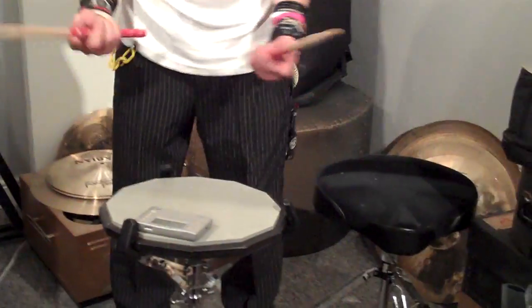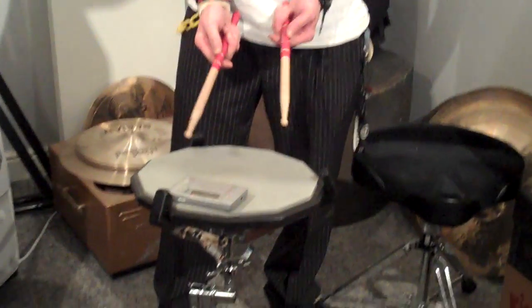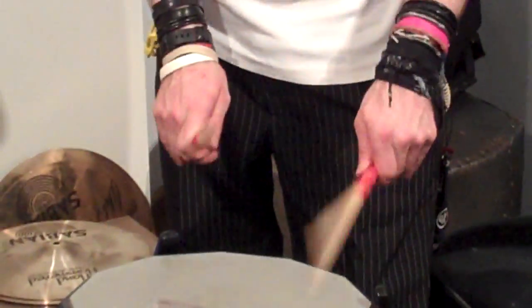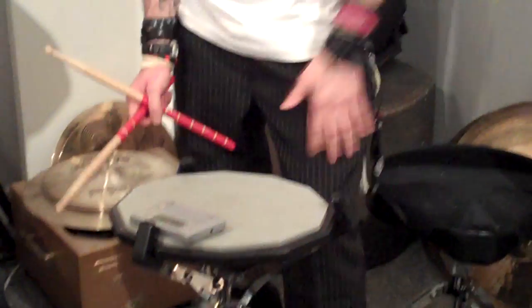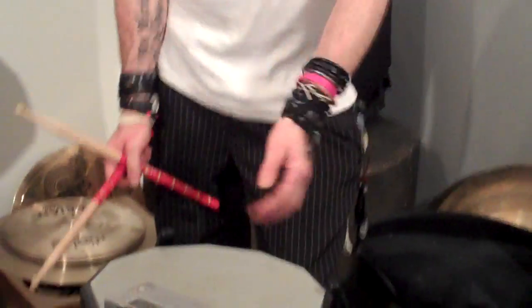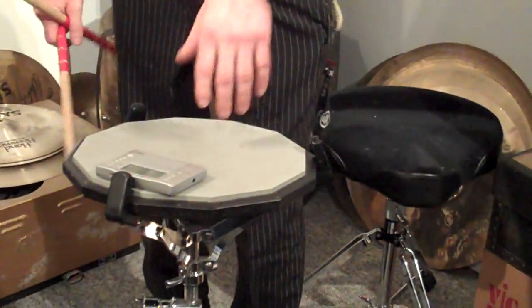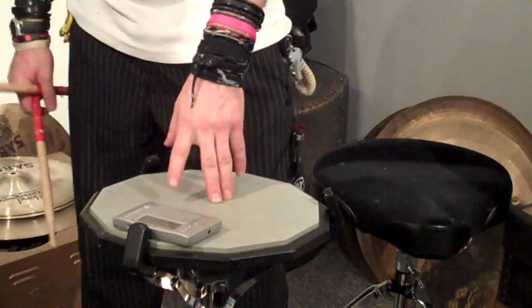My warm-ups with the sticks are very, very simple. I do a lot of singles. I don't do any kind of crazy rudiments, and I do a few things and a few doubles. But mainly it's singles, because that's just the most amount. But what I found is it's almost like a poor man's metronome, if you will. Basically, you can have a metronome just with your watch. If you've got no actual beat or metronome, it's quite a useful tool. What you do is basically you find 100 BPM,